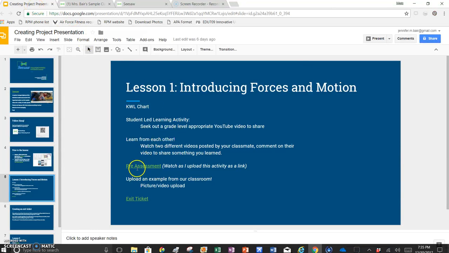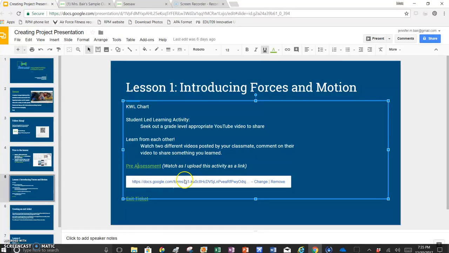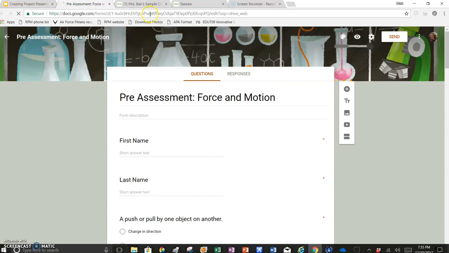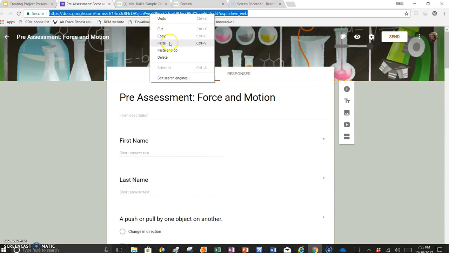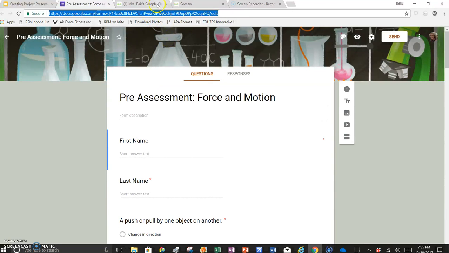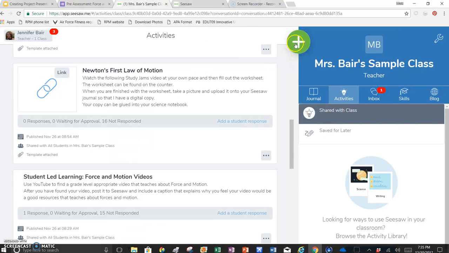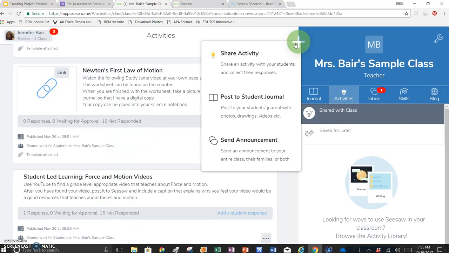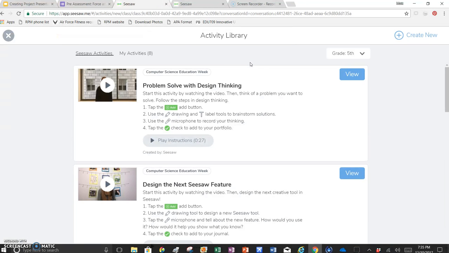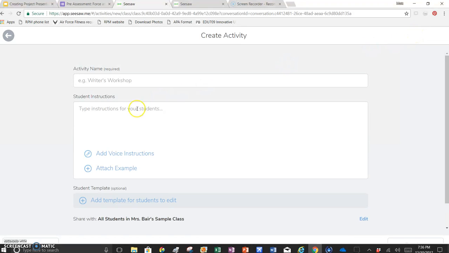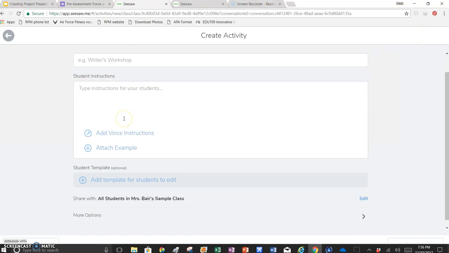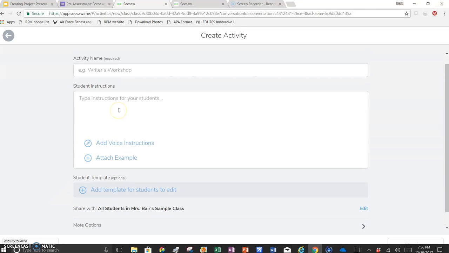The pre-assessment that I want to show you how to upload is a Google form, which is an awesome way to use a pre-assessment. And so I'm going to copy this link, and I'm going to add an activity. So this big green plus sign here, and I'm going to share an activity. I want to create a new one over here at the top right. And what I'm going to do,